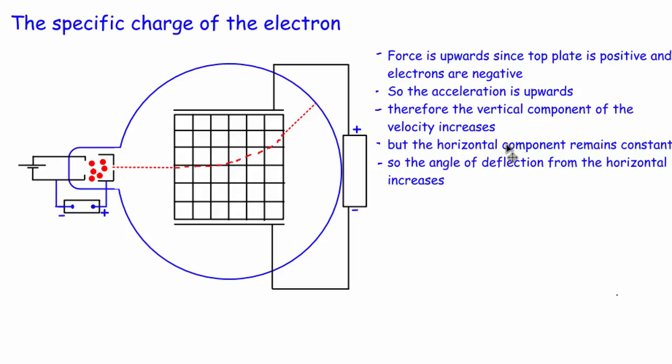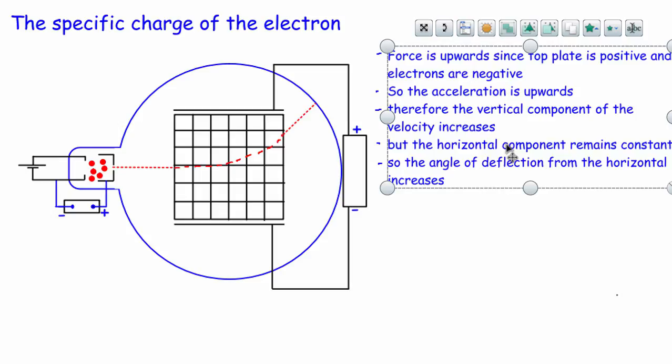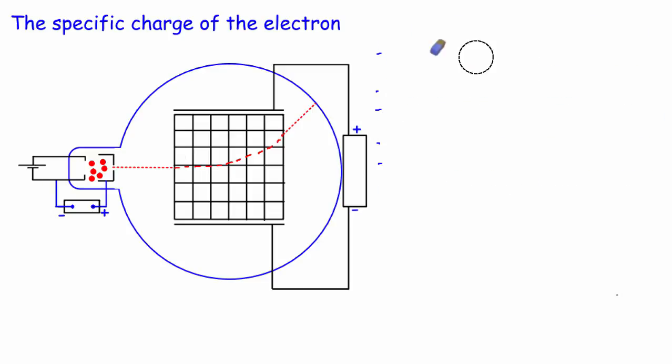So they're the marking points for actually explaining why it's got this shape, but we also then want to look at how you would calculate the specific charge if you've got an electric field, and then you apply a magnetic field. So it's kind of like exactly the opposite thing to what we've just done. So if we just get rid of these marks,